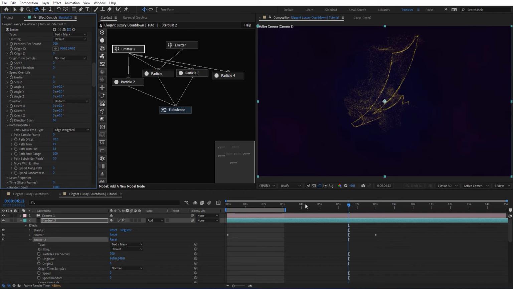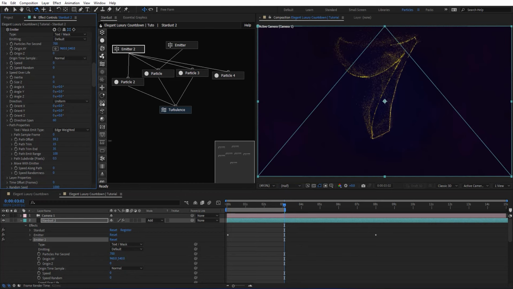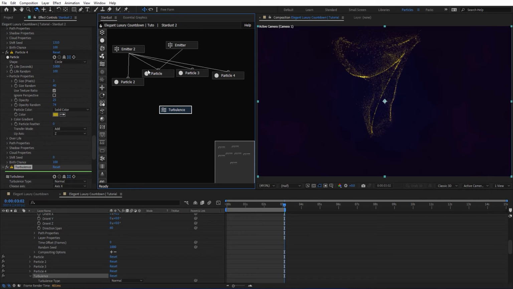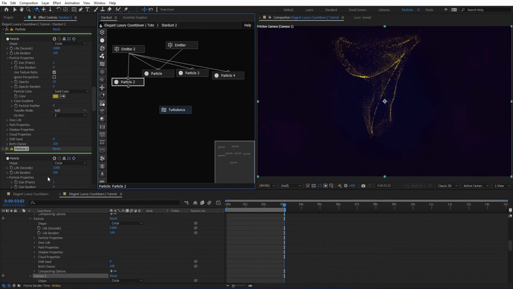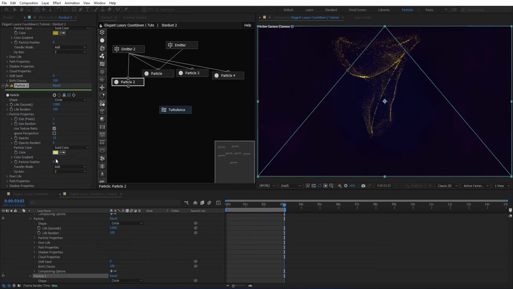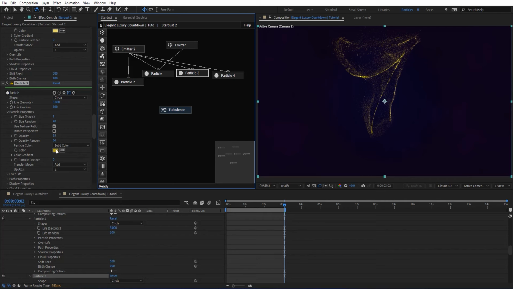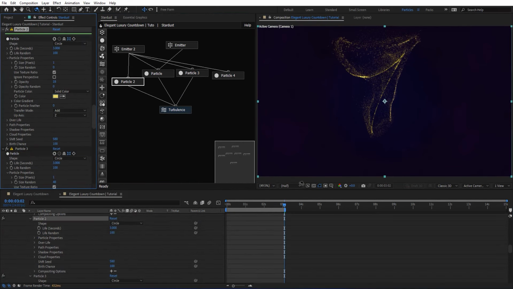You can play with these if you want to. So we just want to create, maybe I want that to be basically on top. Okay, and so maybe now we can just basically affect the whole thing right here and see how it looks. And basically, we need to create variation of colors as well. So for example, this one here, let's make these brighter here, maybe this one. This color, let's just copy these and paste it to the other ones here. So as you see, just by making a few different particles brighter here, it adds a lot of details right there